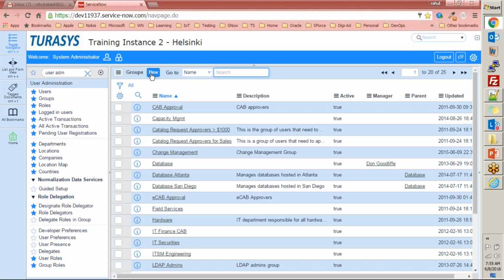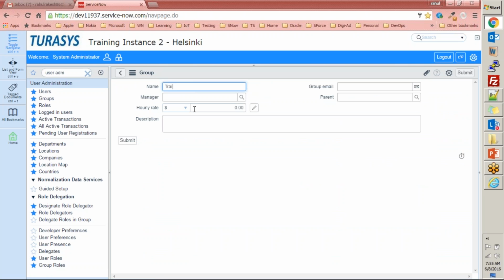Now let's go ahead and create a group quickly. I'll go ahead and create a training user group, right? I'm not going to provide any group email ID because I don't have it.